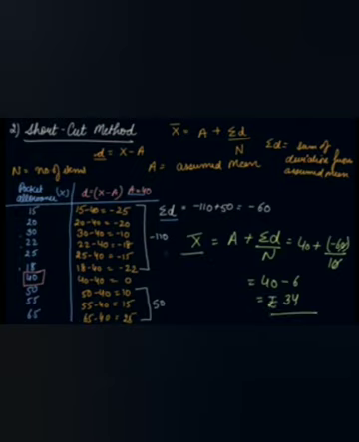Through the direct method also you got the answer 34, and from the shortcut method also you got the answer rupees 34. We use the shortcut method in order to simplify calculations. If we have huge numbers and need to multiply, divide and so on, it is very easy to use the shortcut method. So these are the two methods, the direct method and the shortcut method, to find the simple arithmetic mean in case of individual series.